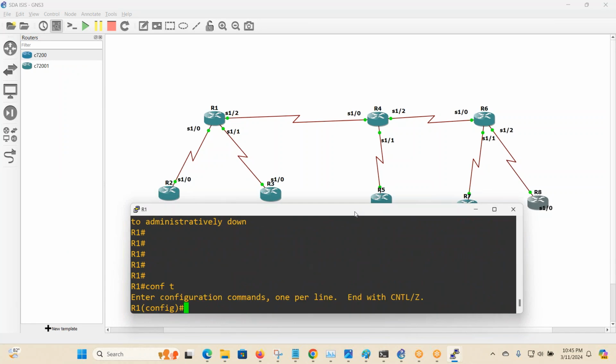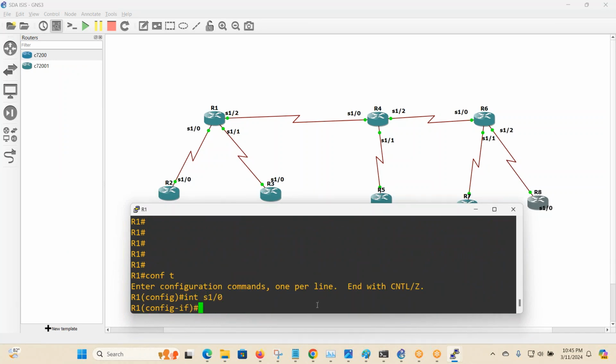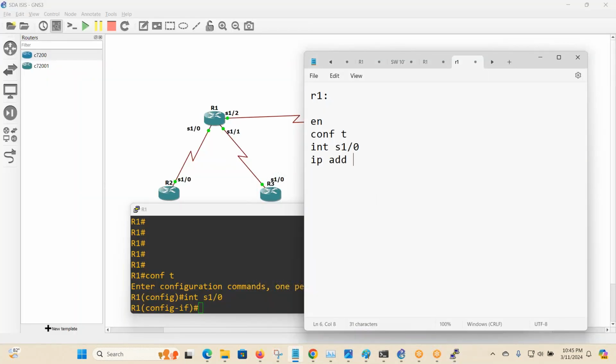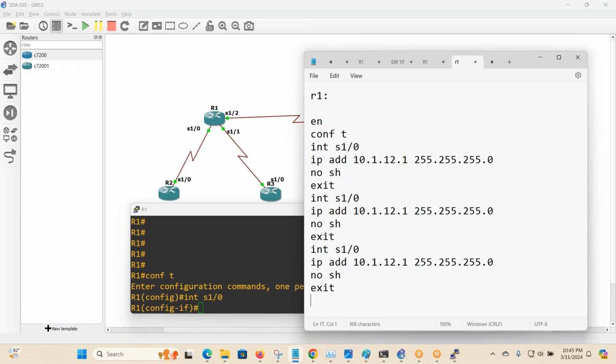So we can go to global configuration mode, interface serial 1 by 0. We are doing it in paint. So IP address is 10.1.12.1, 255.255.255.0, and we will use no shut and exit. So then we copy this, paste and paste again. So serial 1 by 1, so it will become 13.1,